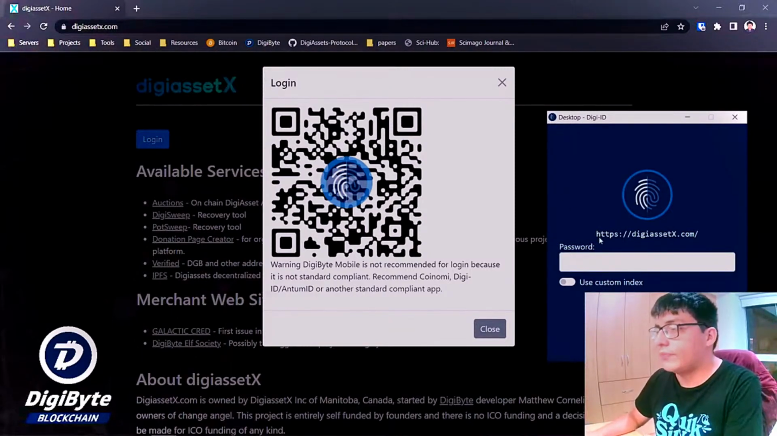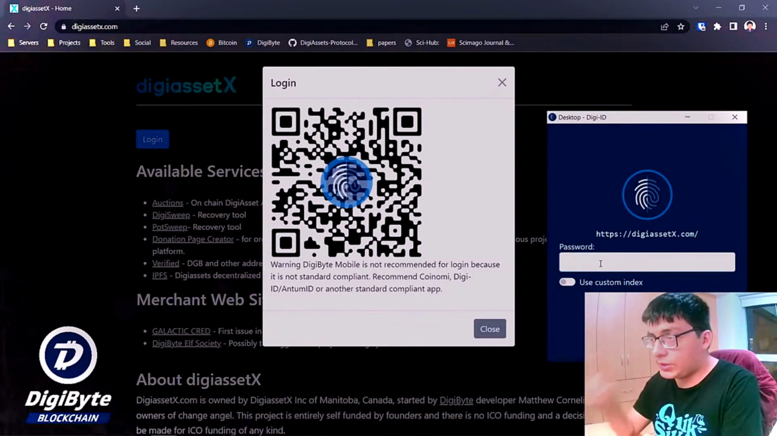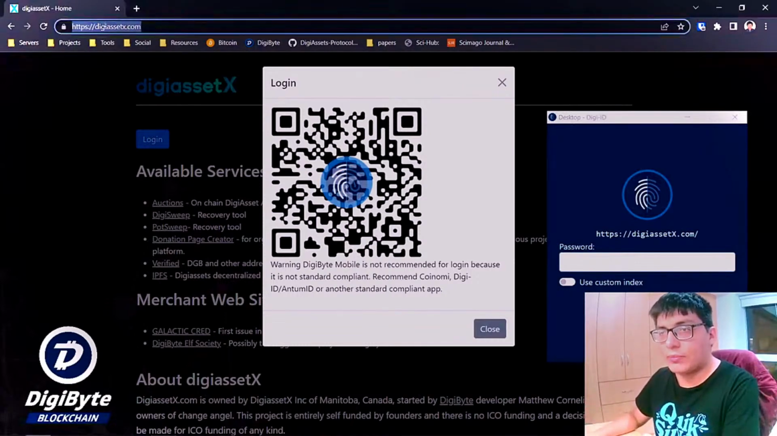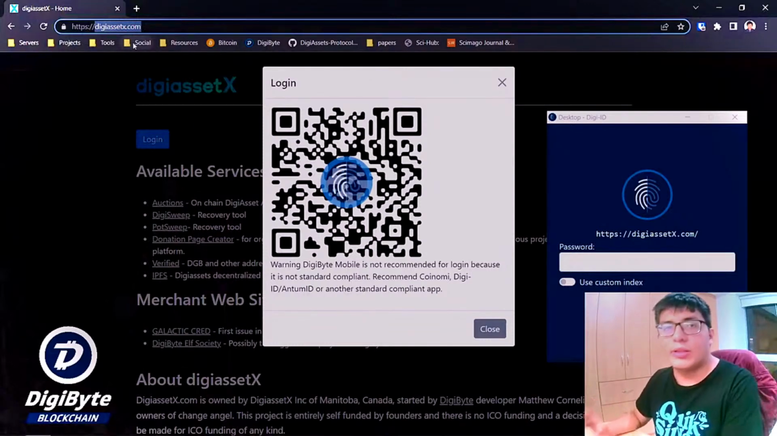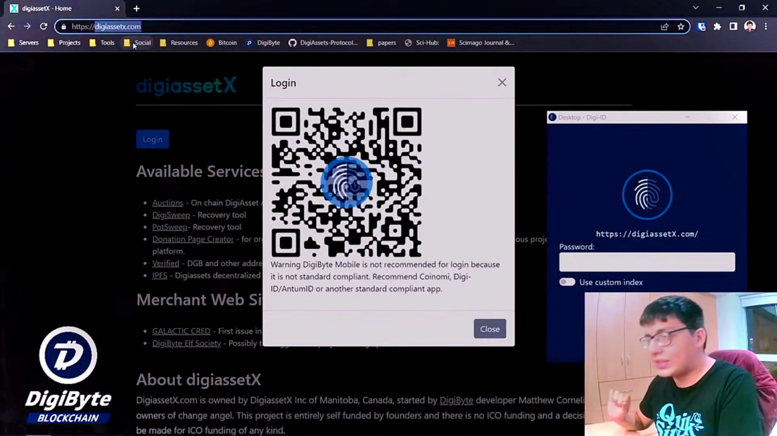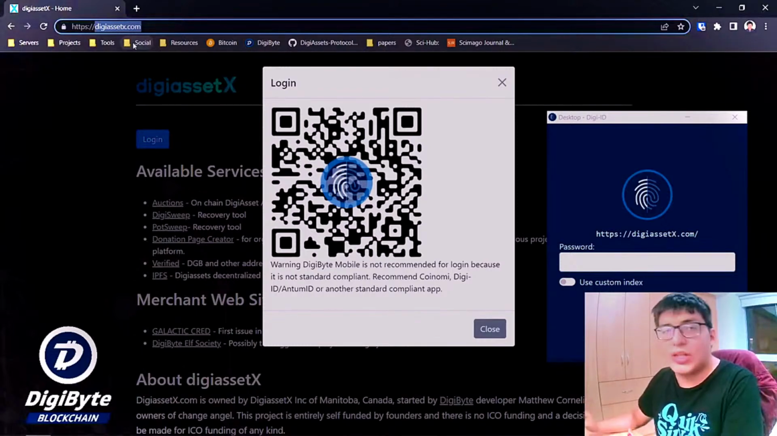In this case, we have here the callback route. The application is showing us the website that wants us to log in with DGID. You always need to double check that this route is the same as the one in your browser. If both domains are the same, then there's no problem. But you need to look for slight changes in the domain, because it might be a scammer trying to get